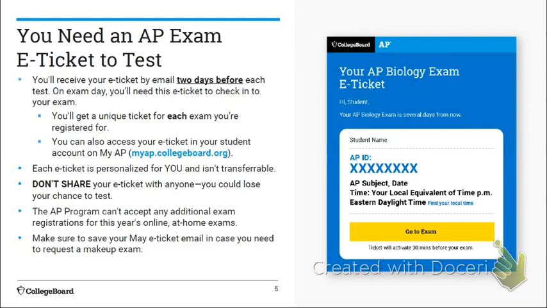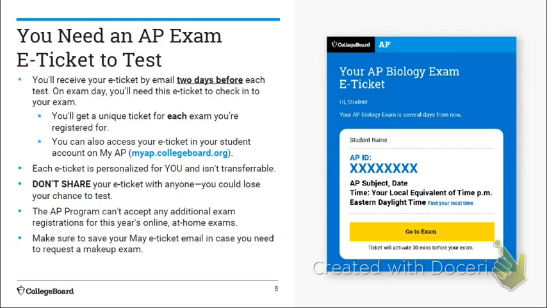If for some reason you do not receive that email, or you can't find that email or whatever, it is also available to you if you log into myap.collegeboard.org. Log into your personal account, your MyAP account, and your e-ticket will also appear there.